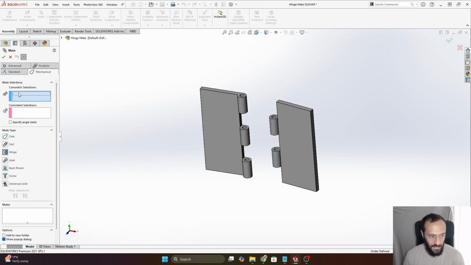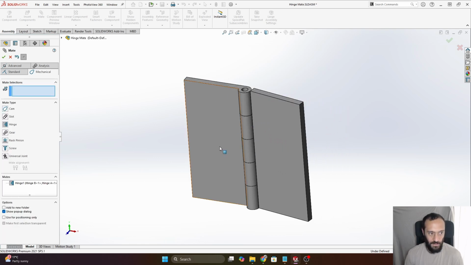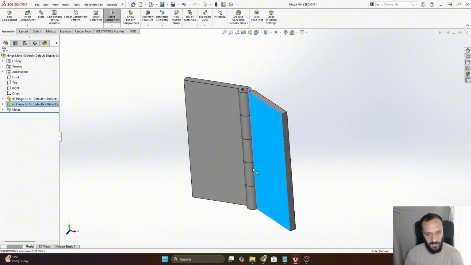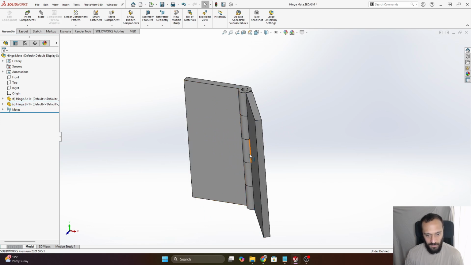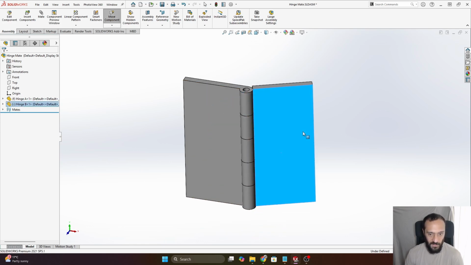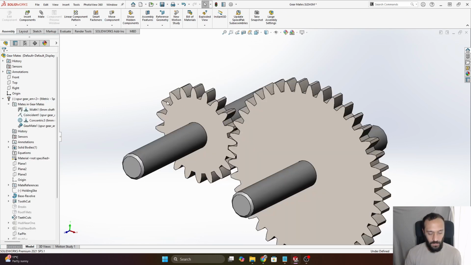Next up is the hinge mate. So this one's pretty self-explanatory. Just select the concentric selections and then coincident selections and creates a hinge. So obviously you could produce that with separate mates. I guess they just decided to put it in one to save a few clicks because hinges are pretty commonly used. Okay, next up